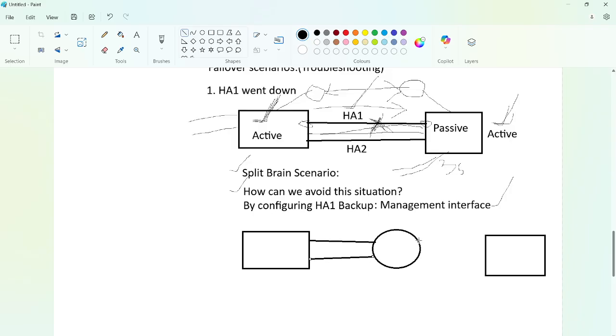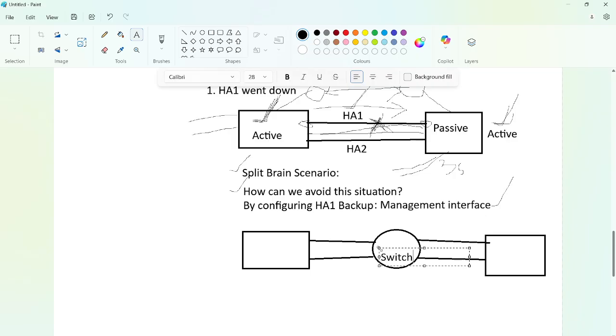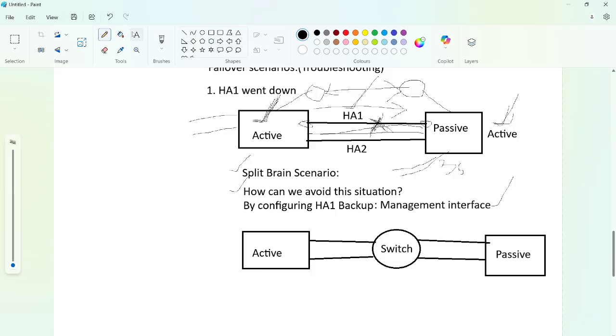Let's suppose you have a router or switch in between. Let's suppose you have a switch here, and all the information from active to passive is negotiated via the switch. Suppose the switch goes down,